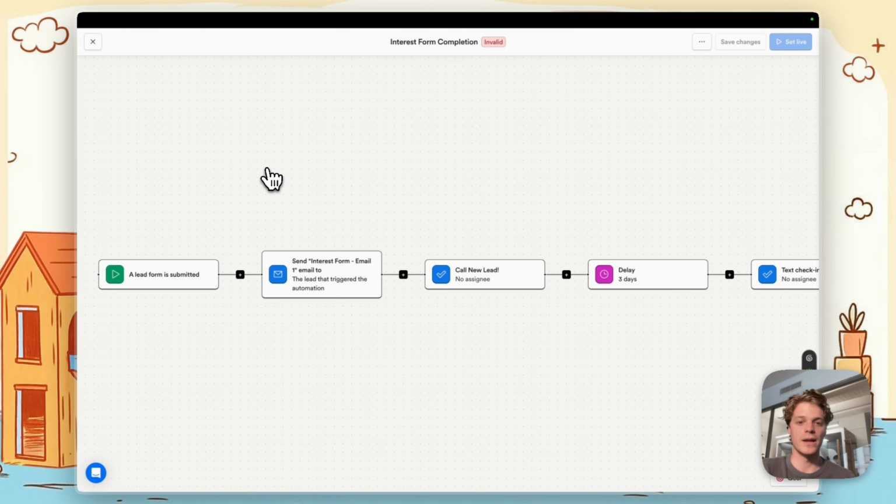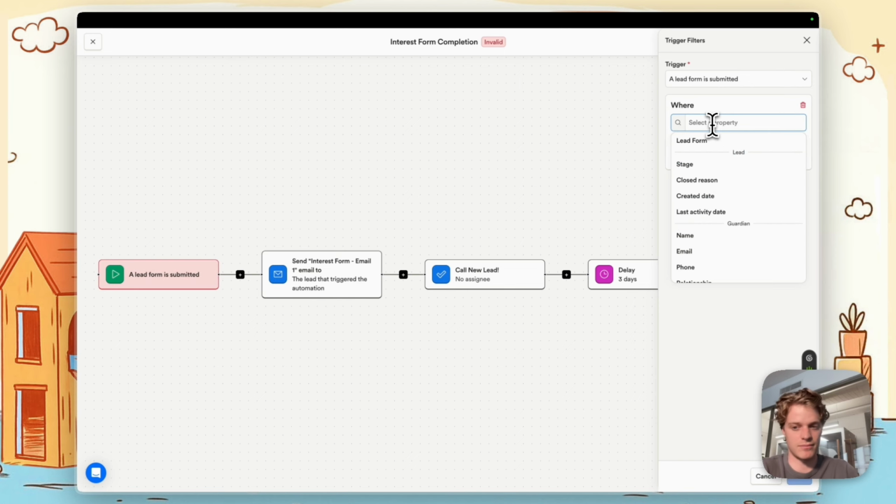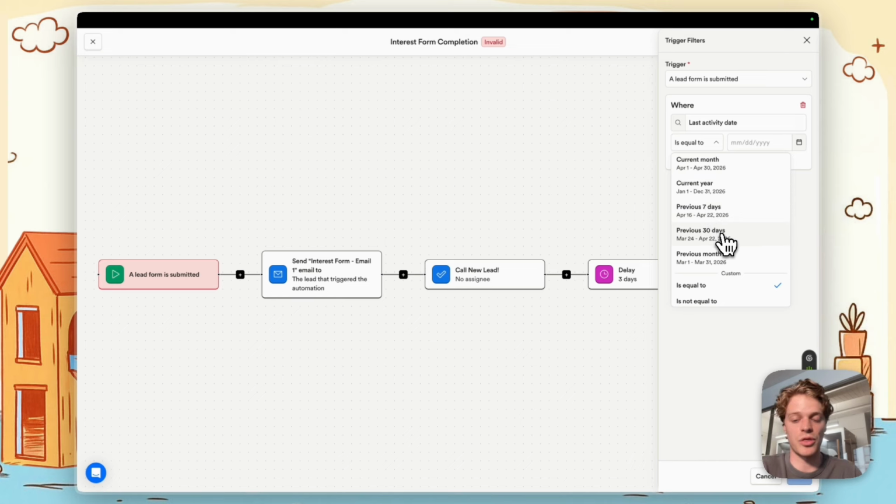of time. Now, you can also use relative dates for automations, specifically on triggers, where in addition to being triggered by a certain type of action, you can also make sure that leads meet a certain criteria, like an activity date, again, being in the last 30 days, for example. This should make your automations significantly more dynamic and update without you having to manually change things, keeping your system